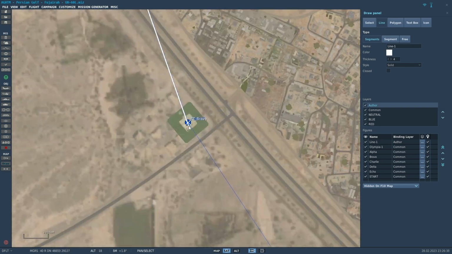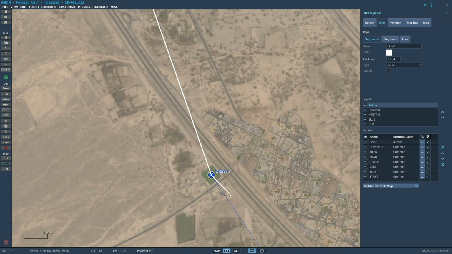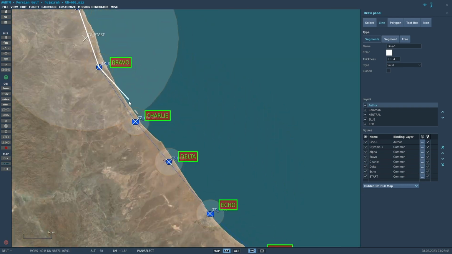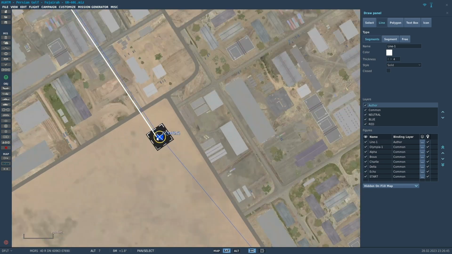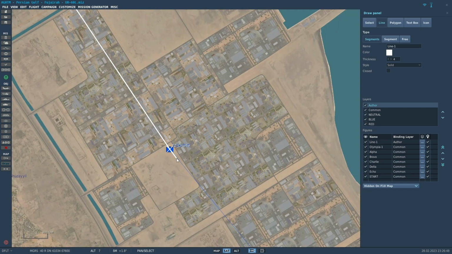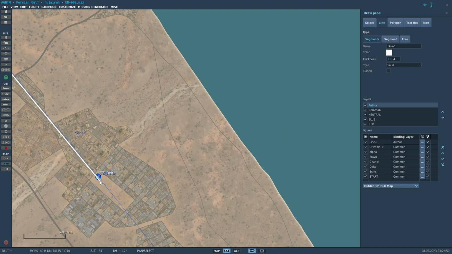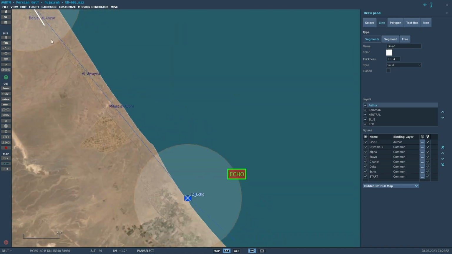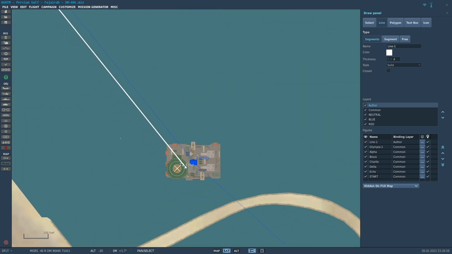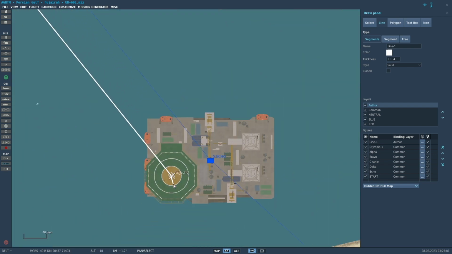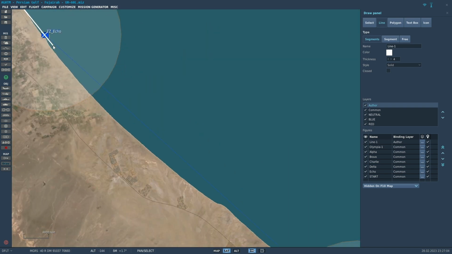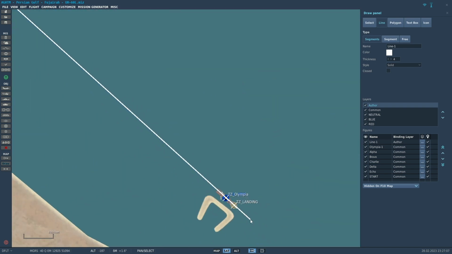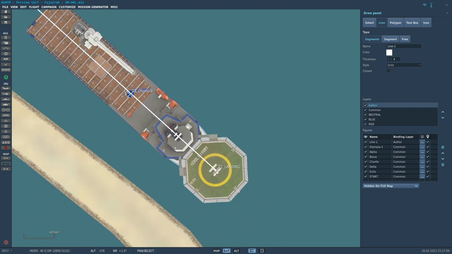I can zoom out. Again, clicking to add another anchor point. And I'm just going to do this all the way down. Charlie, Delta, Echo is our oil rig. And finally, at Olympia. Now when I click on my last location, I get this line that still wants to continue drawing beyond this point,